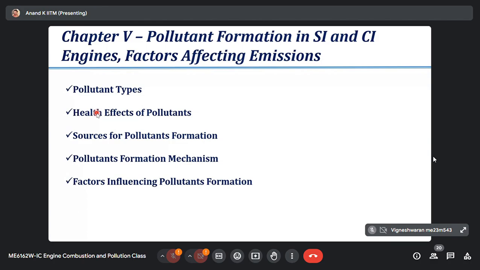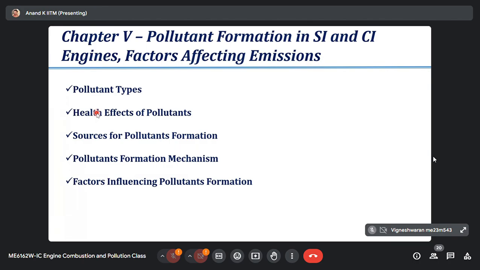Okay, thank you. So if you look at the current emission mandates, which we are going to discuss in the last chapter of this module, we are almost moving towards a zero pollutant vehicle, where the levels of pollutant concentration are almost equal to 0. It is challenging, so that's why we use the word stringent emission mandate, because it's almost 0 level of pollutant. It's challenging from the research and development perspective of an IC engine to achieve almost 0 level of pollutants. There are several methods available to control the pollutant and achieve almost 0 level, but it's challenging.